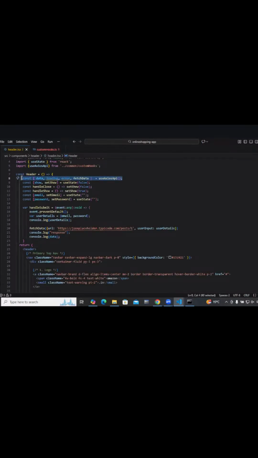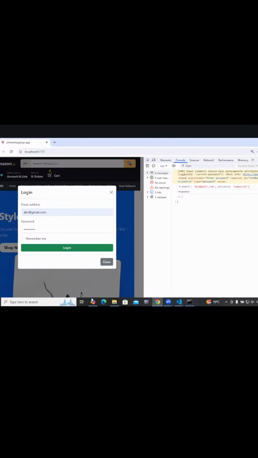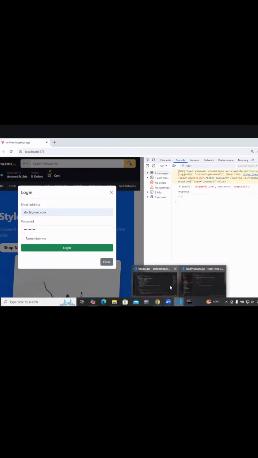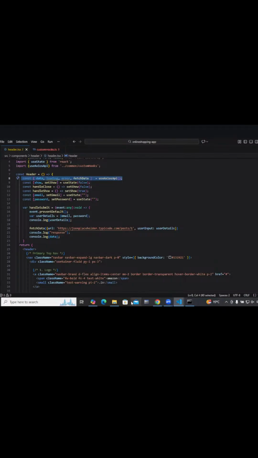Why is it still not coming? Yes, go there in code. There is something missing. I think that method is returning data, but we are not capturing that. Line number 20. Yes.